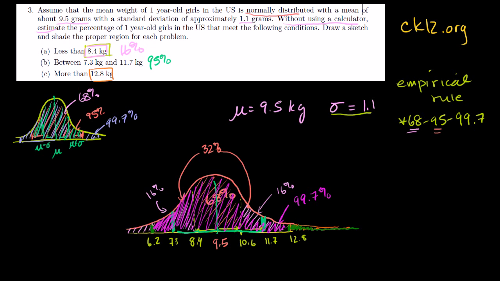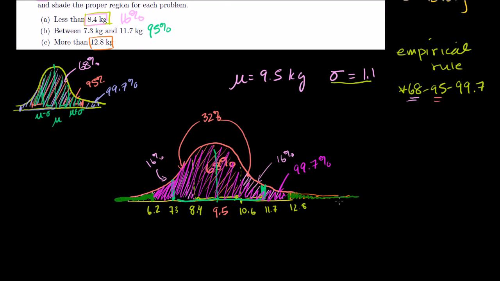Remember, there are 2 tails. This is one of them. And then you have the results that are less than 3 standard deviations below the mean, this tail right there. So that tells us that less than 3 standard deviations below the mean and more than 3 standard deviations above the mean combined have to be the rest. Well, the rest, it's only 0.3%. And these 2 things are symmetrical. They're going to be equal. So this right here has to be half of this, or 0.15%,